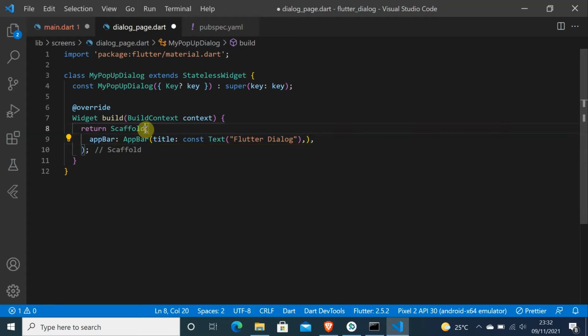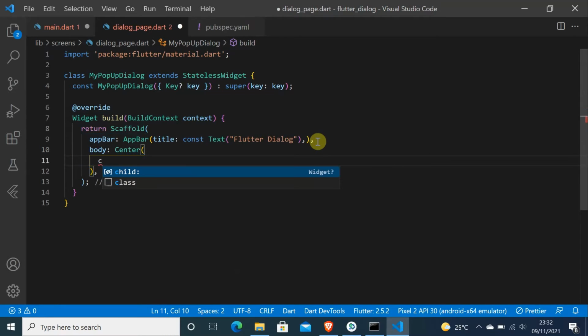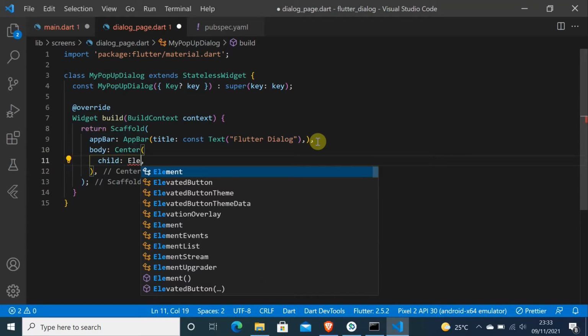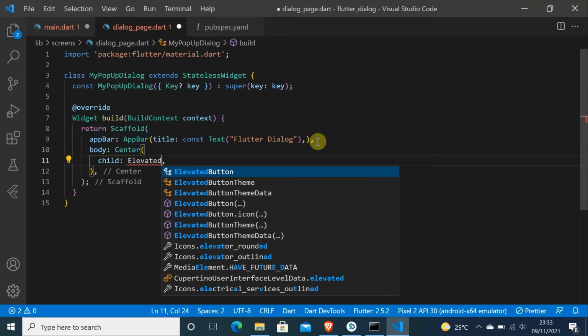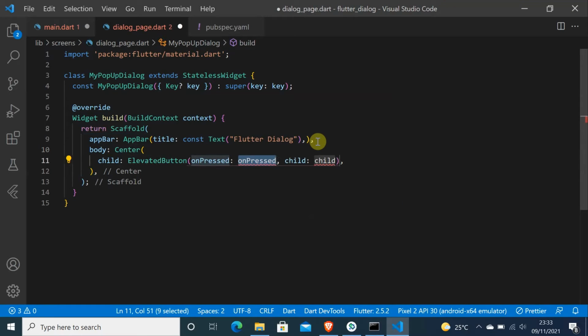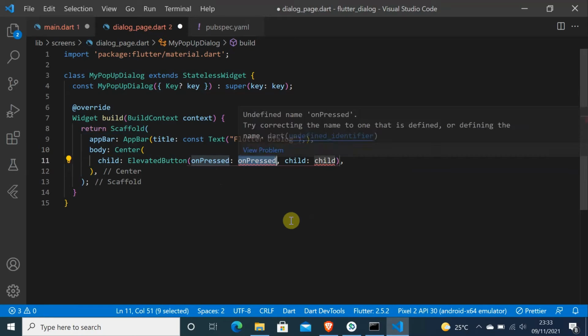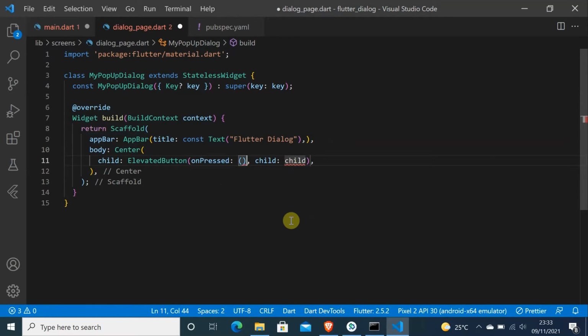And in the scaffold we need to put the body, and then let me do Center, and in the Center let me put a Child. In the Child will be ElevatedButton, and in the ElevatedButton I want onPressed, and child. Let me do onPressed, let me make this an anonymous function, and let me just do